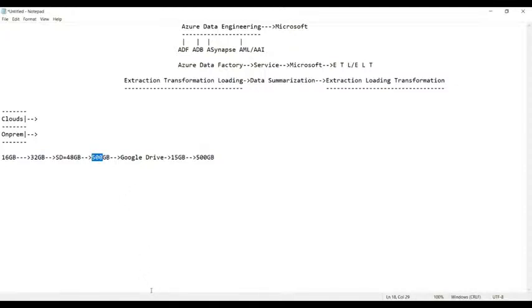Now, one fine day you lost it. Tell me now, can you recover? Can you recover the 16 GB of memory? No, we cannot. Can you recover this 32 GB of memory? No. Can you recover this 500 GB of memory? Yes. In fact, whenever you store the data in Google Drive,